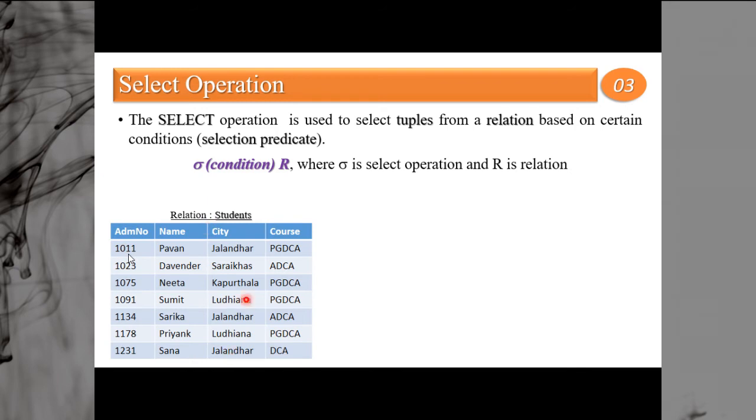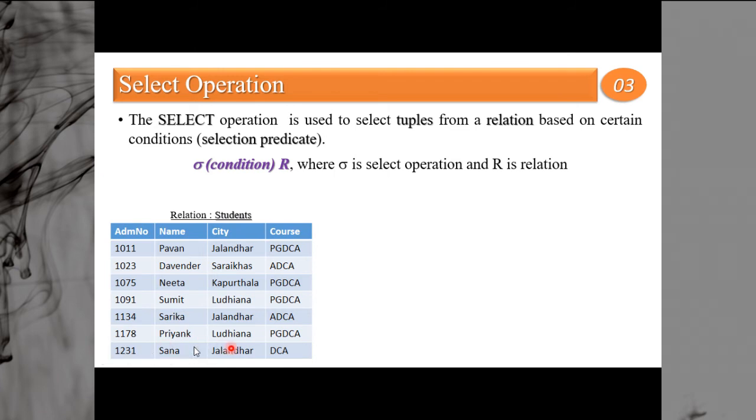Now this is the example. Say there is a relation student with these attributes: admission number, name, city, and course. Suppose I want the list of those students who belong to Jalandhar. You can see admission number 1011 Pawan, admission number 1134 Sarika, and admission number 1234 Sana.